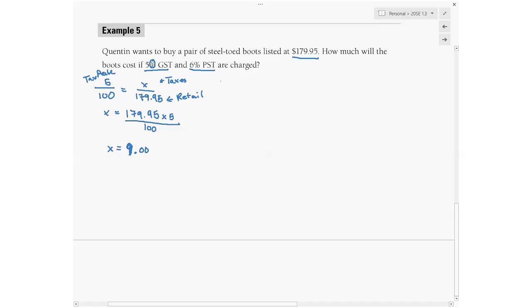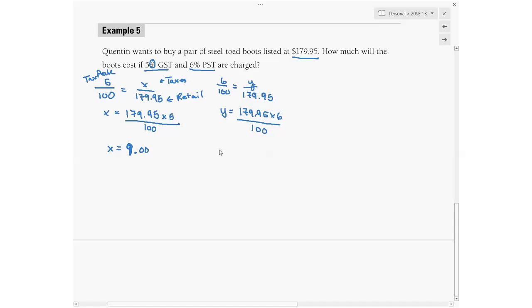Then we've got 6% PST, so 6 out of 100 equals Y, still 179.95. Make sure that you use that number all the time. It's always your retail price. You're not charging taxes on taxes. So 179.95 times 6 divided by 100. So 179.95 times 6 divided by 100 gives me